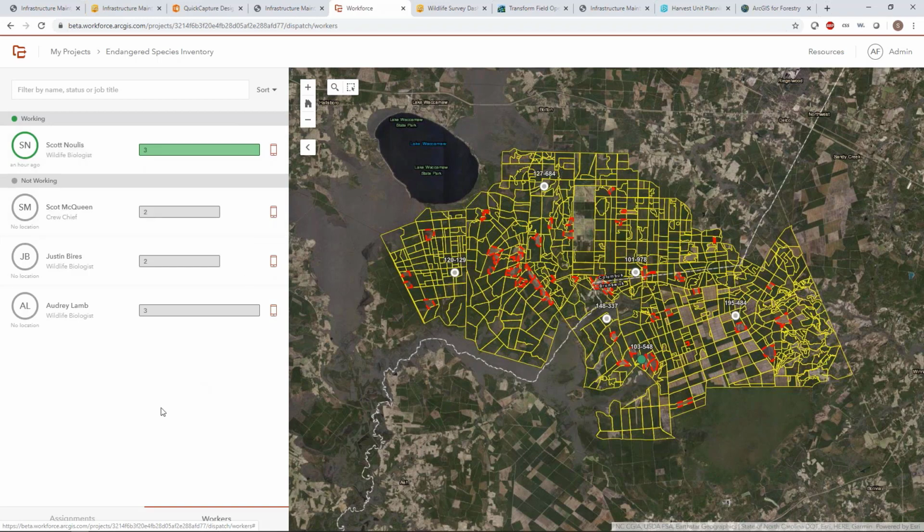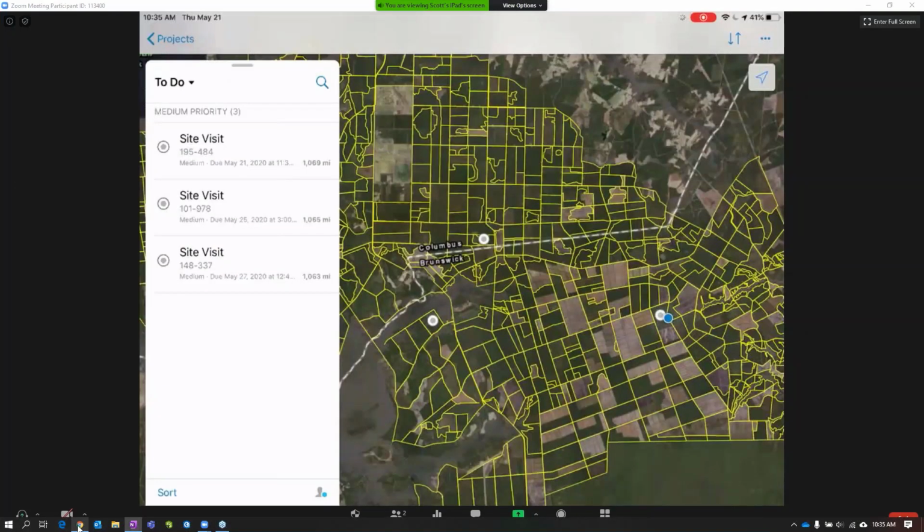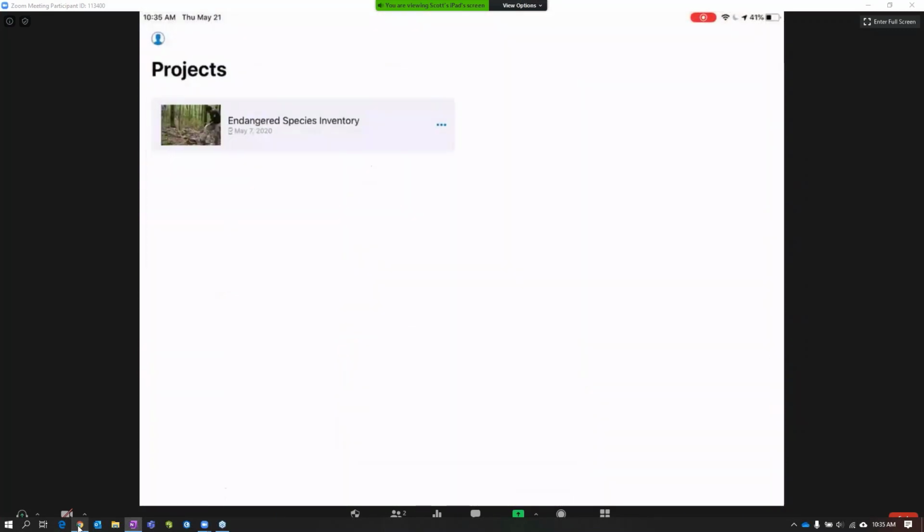So out in the field, workers can use the Workforce mobile app to really manage their day. So what I've got here is the Workforce mobile app pulled up, and I've downloaded this to my project. So if I go back to this view real quick, Workforce now works completely offline, so I can come in here and actually download this locally so all of my work can be performed completely offline.